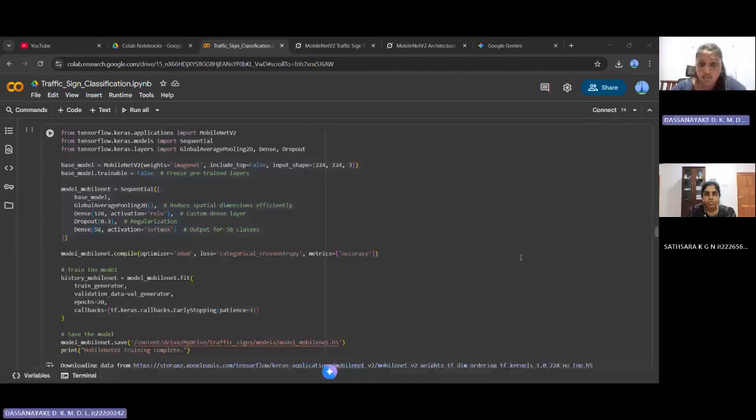We use transfer learning with a pre-trained ImageNet base, freezing layers and adding a custom head: global average pooling, a 128 unit dense layer with ReLU, and a softmax output for 58 classes. Pre-processing includes resizing to 224 by 224, normalization to 0 to 1, and augmentation with rotation, flip, and zoom via Keras ImageDataGenerator to handle our imbalance